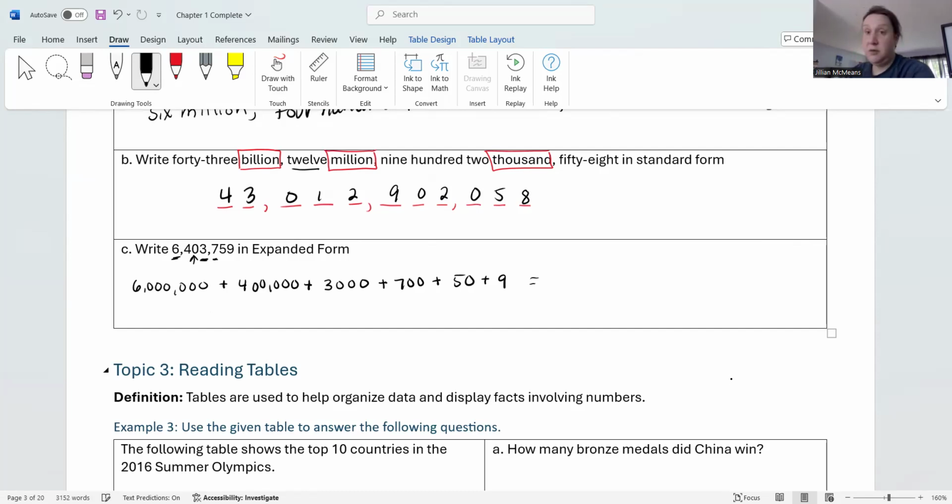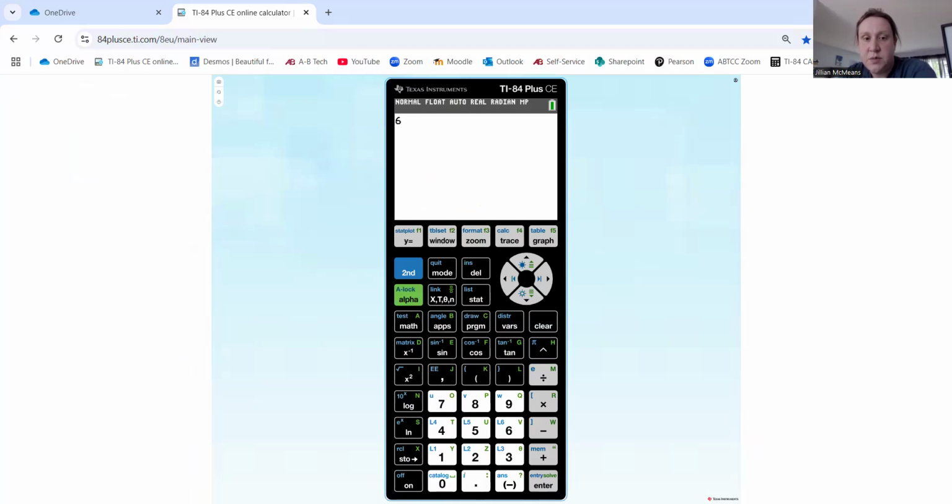So if you want to see this in practice, let's go to the calculator. Do I have it up? I do. So we want to take 6 million, so that's 6, 1, 2, 3, 1, 2, 3, plus 400,000. And then we had that 0, we don't have to include it. Then we had 3,000. And then we had 700. And then 50. And then 9. And there you have it,